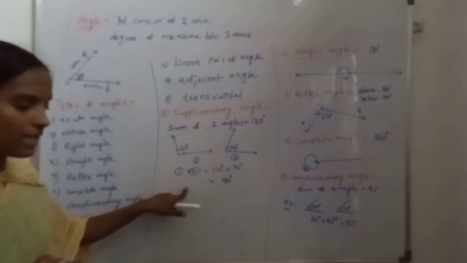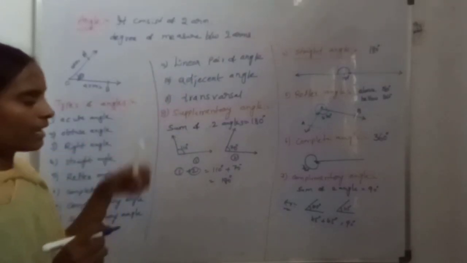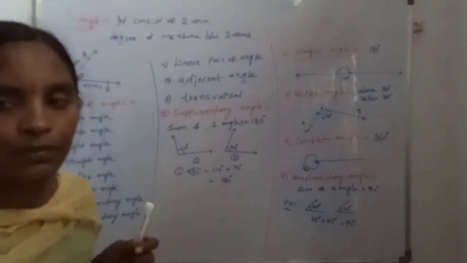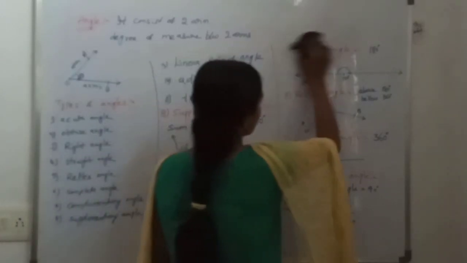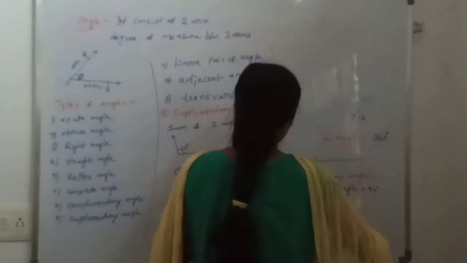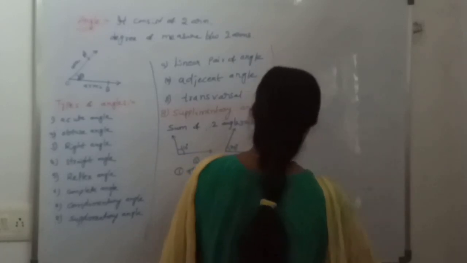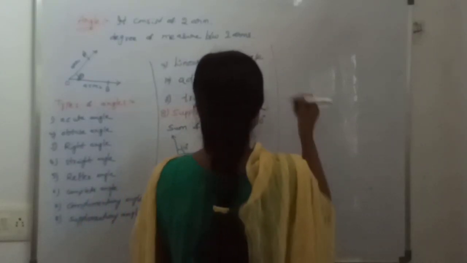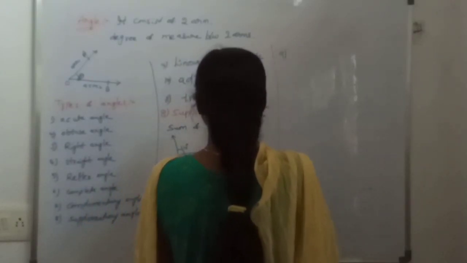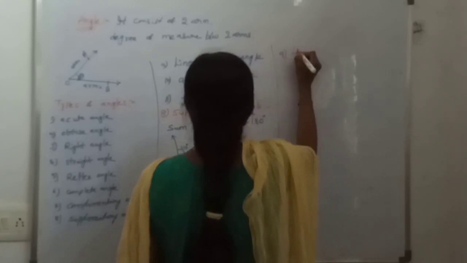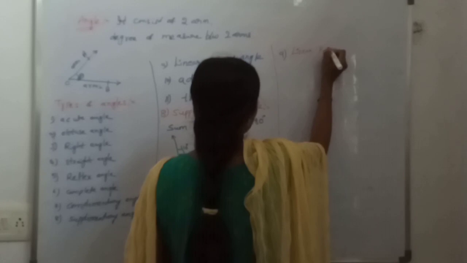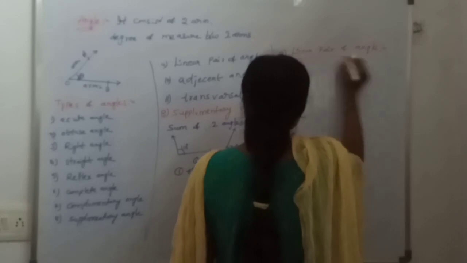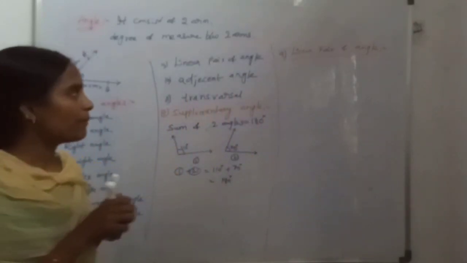Now let's see linear pair of angles. Supplementary angle is completed. After that, linear pair of angles. Ninth one, linear pair of angles. For a linear pair of angles, I am taking here